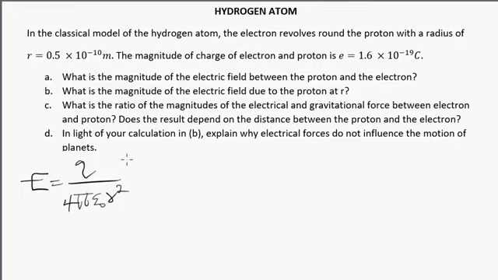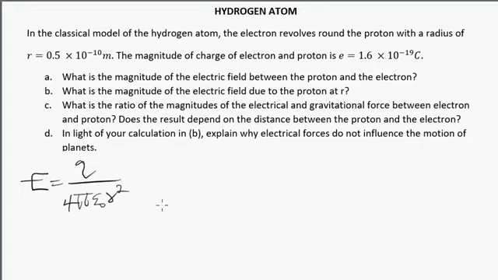Let's realize that this is the field due to the positive charge, that's the proton, at r. So we're making use of this formula to calculate it. The next thing is to input all the necessary values. What's the positive charge there? That's 1.6 times 10 to the power of